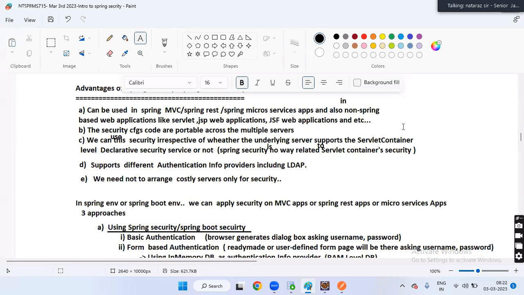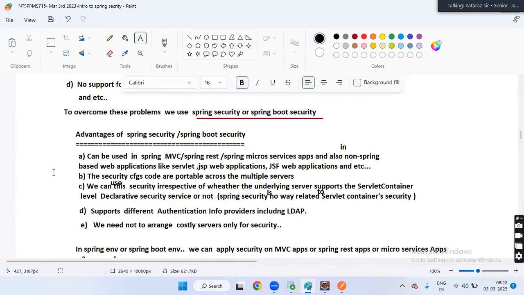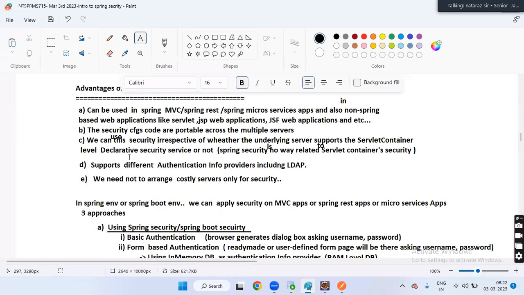Everything will be brought by Spring security itself. It supports different authentication info providers, including LDAP server. We need not arrange a costly server only for security. Whatever problems are there with Servlet JSP security, got solved in Spring security or not?